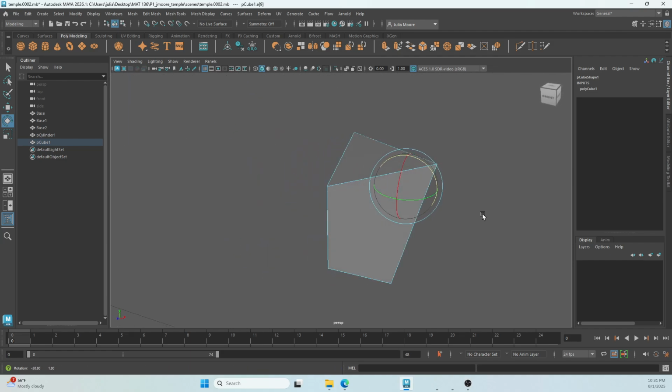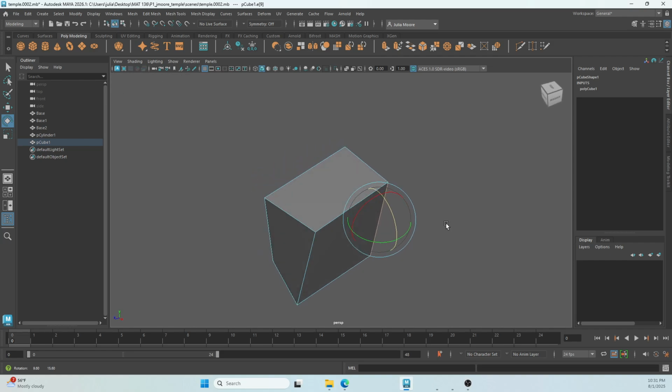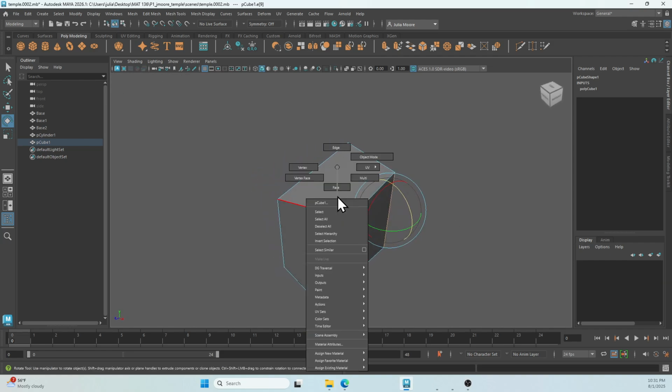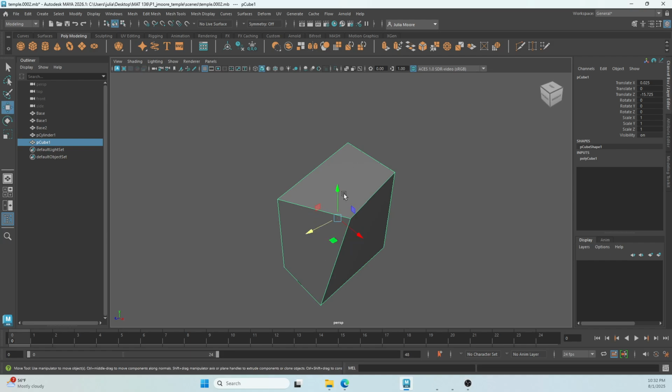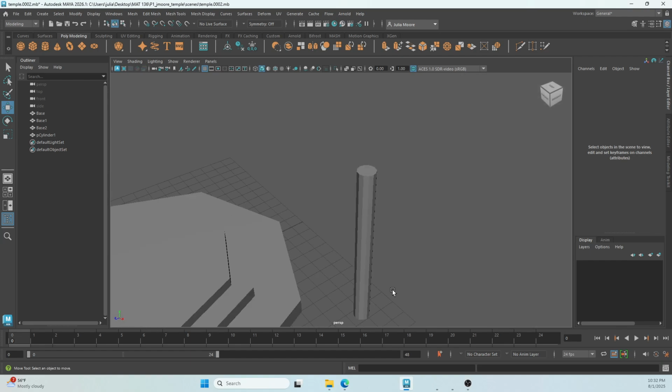So edges, faces, and vertices, those are all the three things that make up a polygon, and each one of them you can edit by holding your right mouse button on a polygon, and that will bring up the edit wheel where you can select either edges, faces, or vertices. So I'm going to go to object mode because that means that it's just going to be a solid object that I can move around again. Delete that. Let's go back to our column